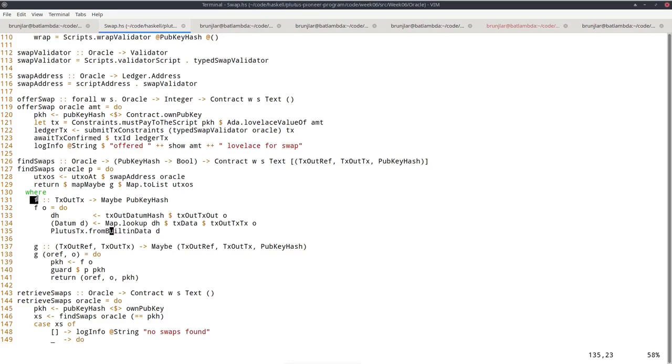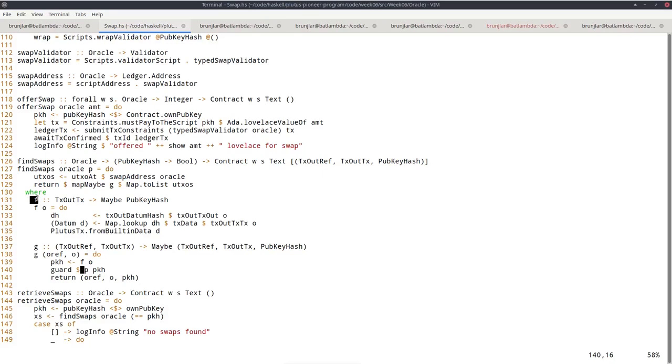Okay, and now this G function has the right type. So it takes a pair of key and value from these UTXOs and returns a maybe key, value, and pub key hash. And what I do is, first I use my first helper function to get the public key hash, if it's there, so that's the datum now. Then I apply this predicate that was an argument here to my helper function.